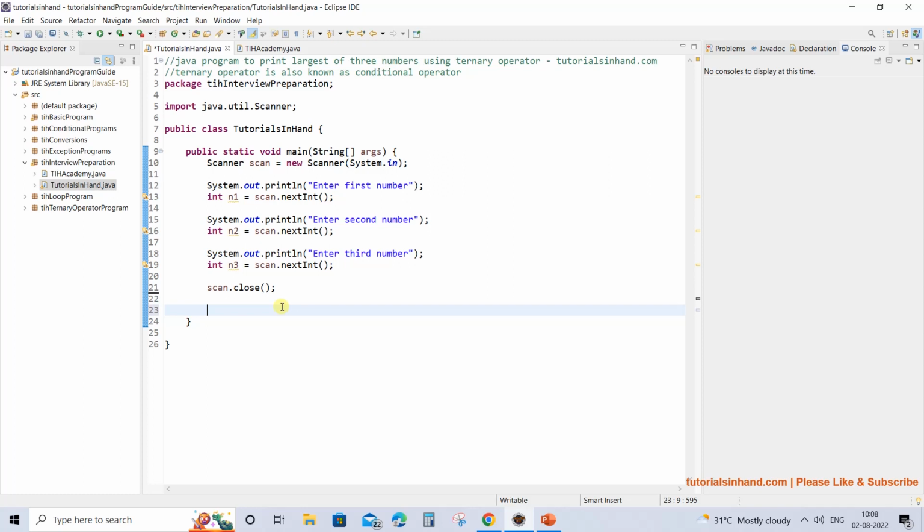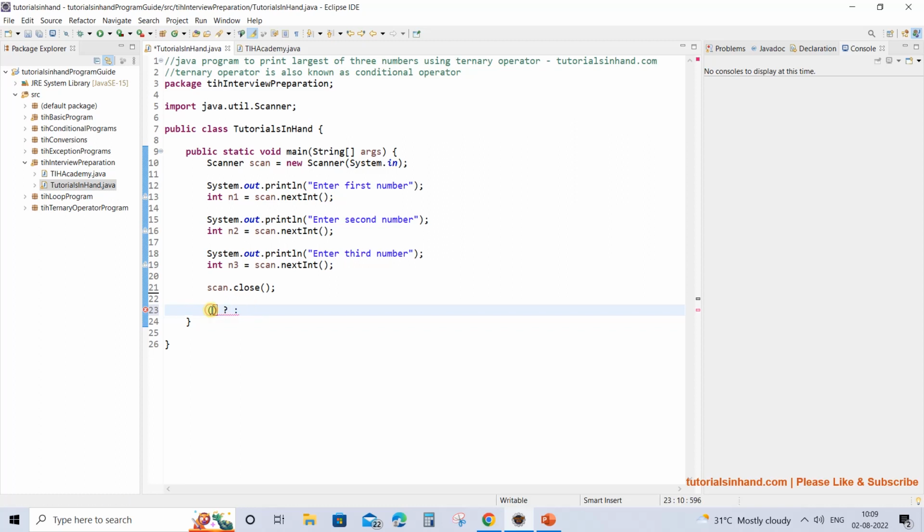For now, we are going to take three numbers as input from the user. You can see we are taking three numbers as input from the console, and then we will compare the numbers using the ternary operator to find out which one is the greatest of them all. As we know, in the ternary operator we first write a condition, and if the condition turns out to be true, anything after the question mark gets executed, and if it turns out to be false, the statement after the colon gets executed. This is how the ternary operator is written.